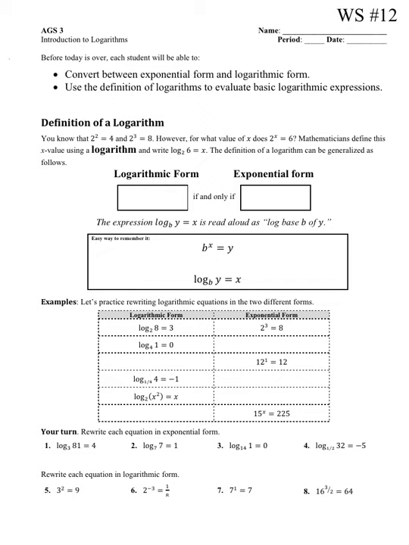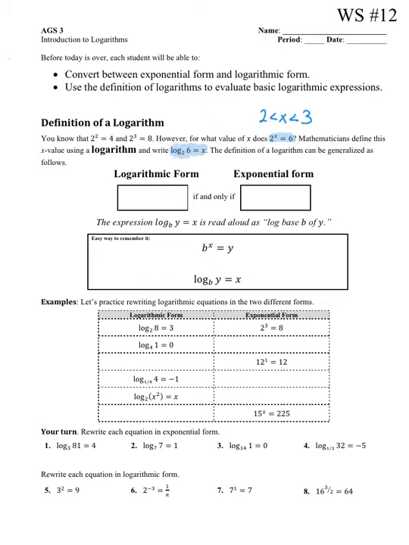However, if we had something that's in the middle, like 2 to the x equals 6, we know that x is going to be a number between 2 and 3. So mathematicians define the x value using a logarithm, and the way they would write it down is you solve for the x value. You write it as log base 2 of 6